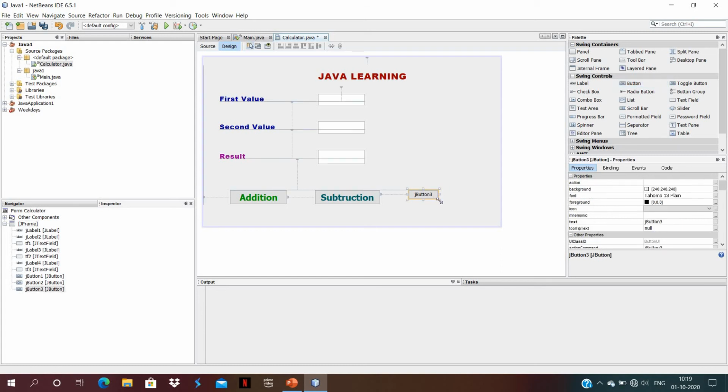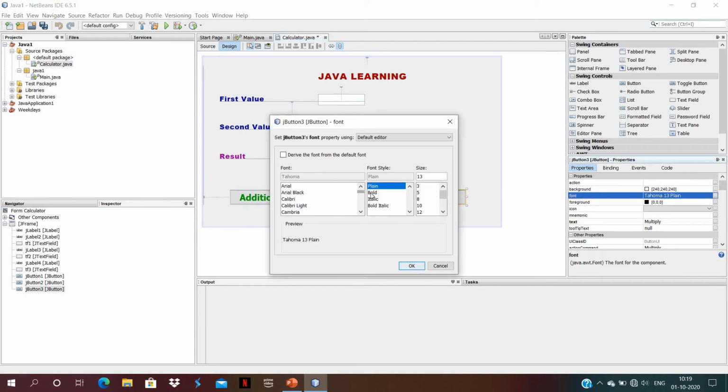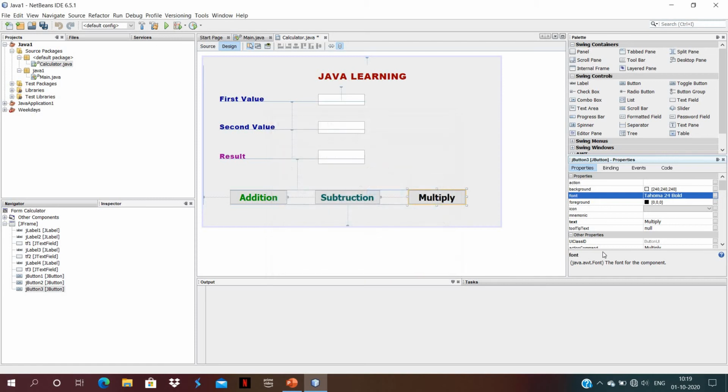For multiply. Right click on it, edit text, multiply. Okay, change the property, bold, change the size, then OK.